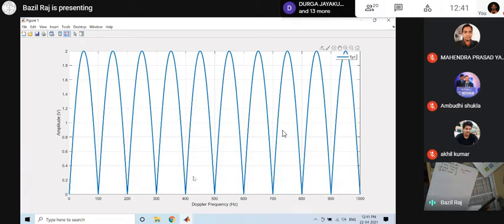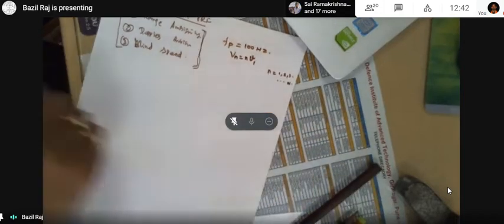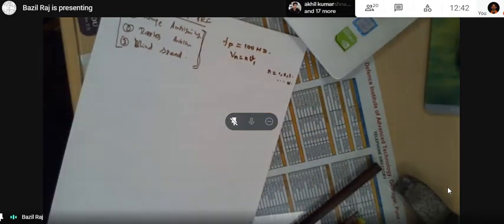So V1 is equal to 100 hertz and V2 equal to 2 times V1, that is 200 hertz. So for integer multiples, Vn is equal to n times V1, where n is an integer varying from 1, 2, 3. You can take 0, but 0 means it is not a velocity, and so on. Maybe capital N. So V1 is equal to V1, V2 is equal to 2 into V1, V3 is equal to 3 into V1, then V4 equal to 2 into V2.